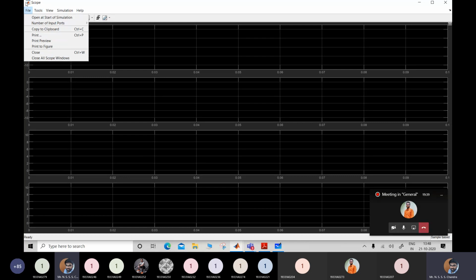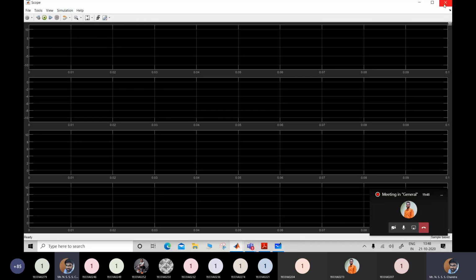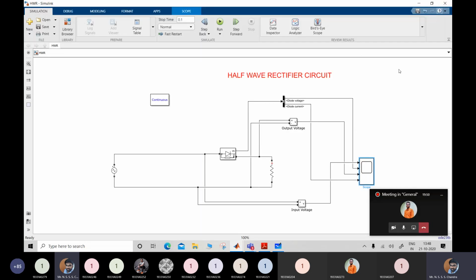So here axis settings will be there. If you go over there, then you can check the number of axes and all those things. Okay. Now what I'll be doing is I have to run this circuit. To run the circuit, I required a first for the circuit to work. I required the power board, right?